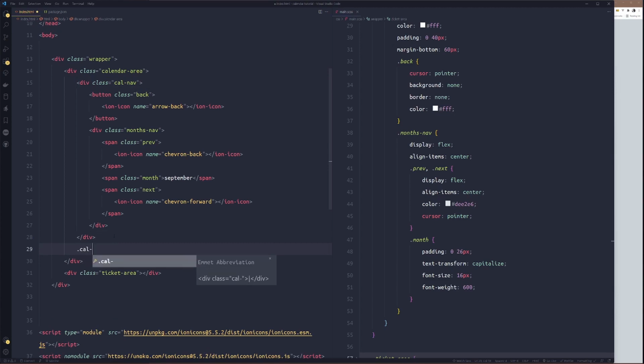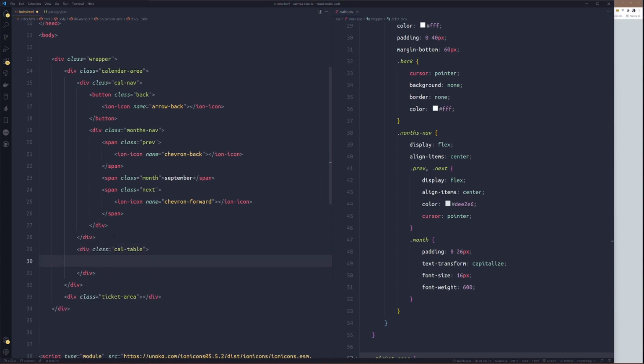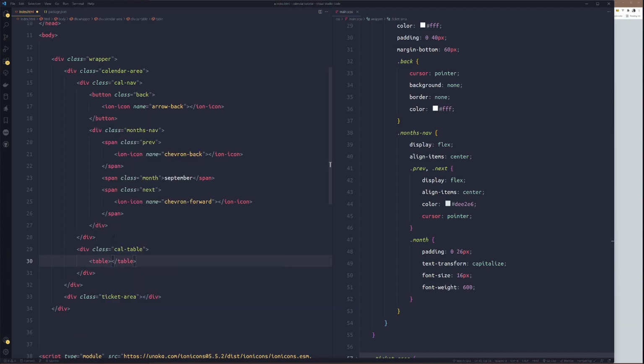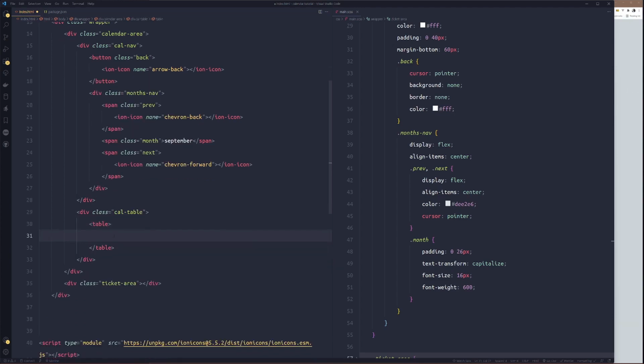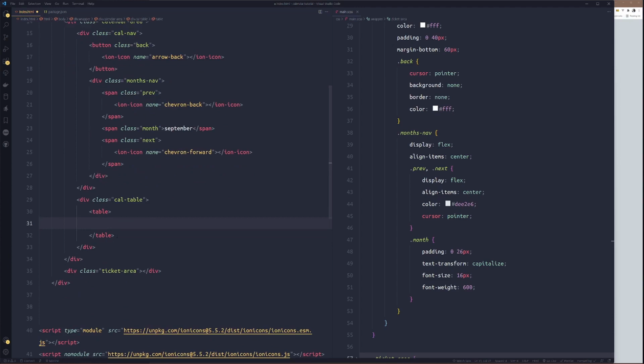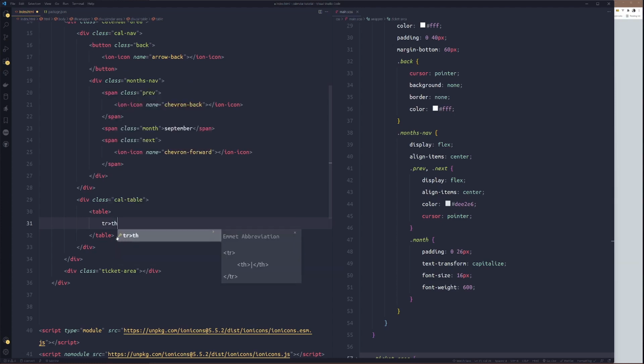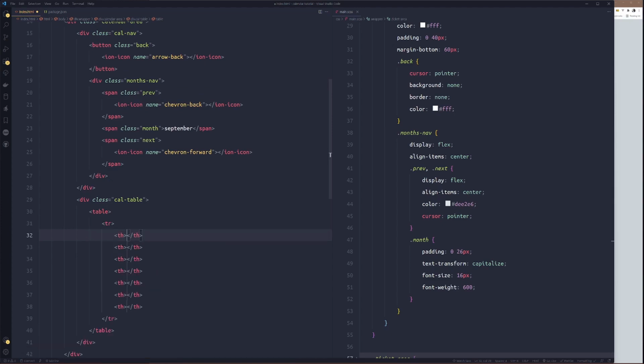I'll call it cal table. Then inside cal table, just type table. Then I suppose when they use it to do this thing, it's tr, th times how many? Sunday, Monday to 7, times 7.